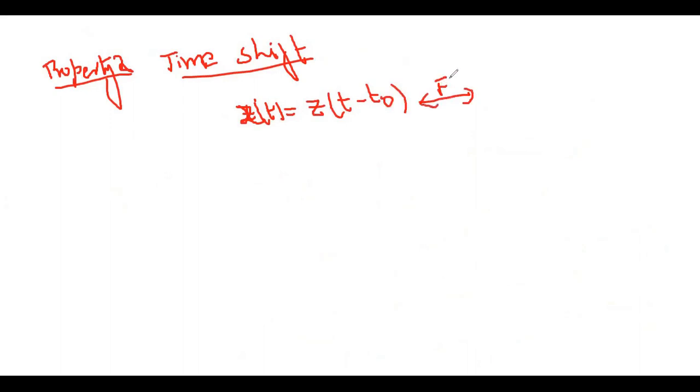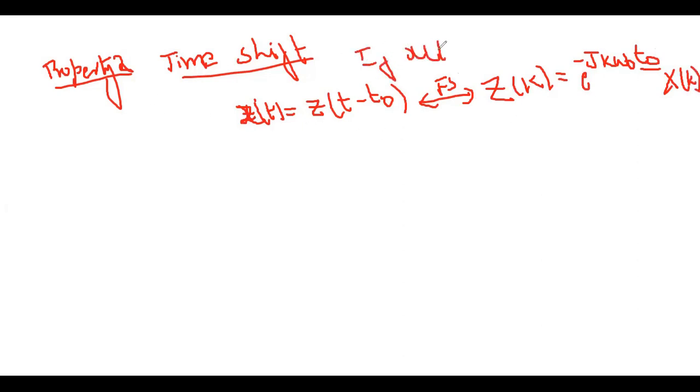Applying the Fourier series, you get z of k equal to e power minus j k omega naught into t naught, remember this, into x of k. If the Fourier series of x of t is x of k, when it is shifted by t naught samples, it is multiplied by e power minus j k omega naught into t naught. To take the proof,